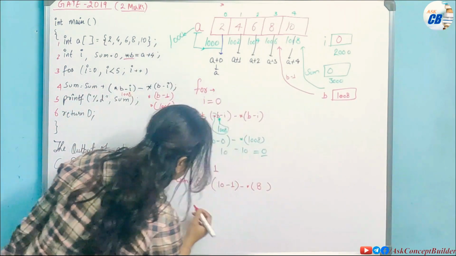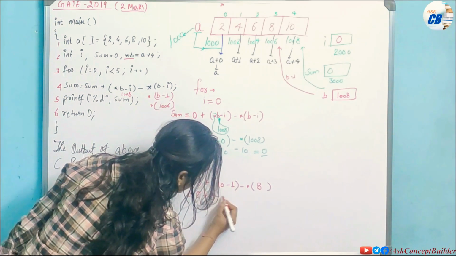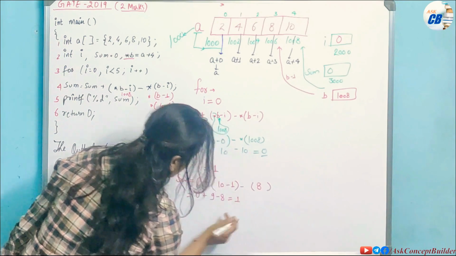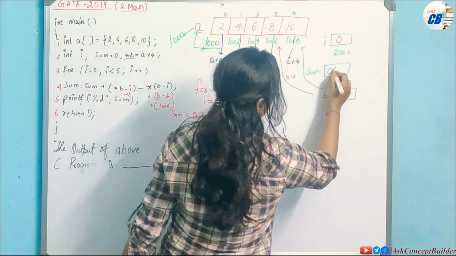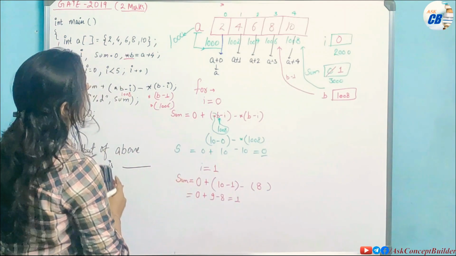Okay, now we will solve this. So this will come here: 0 plus 10 minus 1 is 9, minus 8, so 9 minus 8 is 1. Now the sum value has become 1. Okay, fine, you understood it? Okay, now again